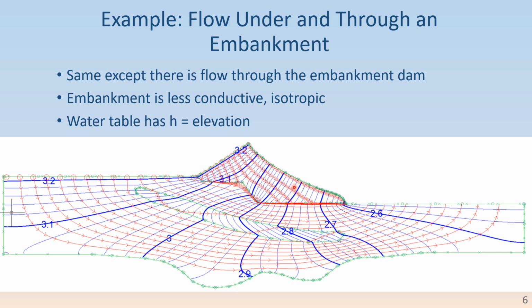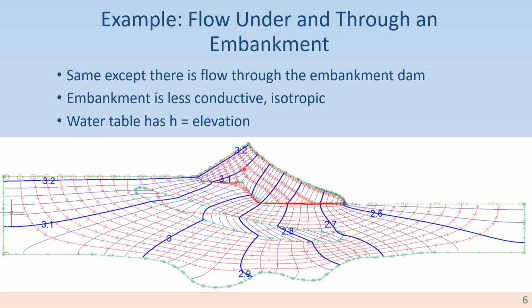So the trickiest part of this is figuring out the free surface position correctly, and the condition that needs to occur along that is that the head needs to equal the elevation. So it's important when you do a vertical plane model with a free surface or water table in it that you use the actual elevations so you can easily check. So what you do to create this is you take a first guess at where this boundary is and then run the model and look at the heads